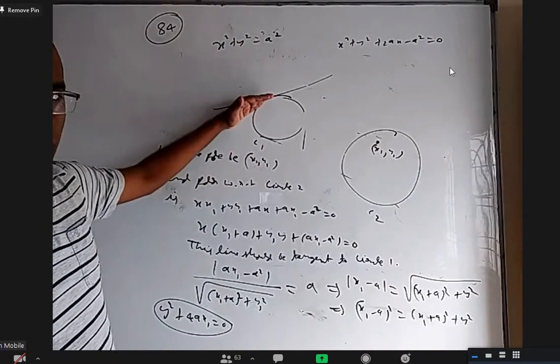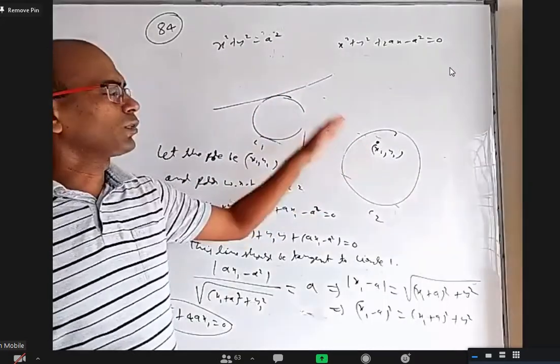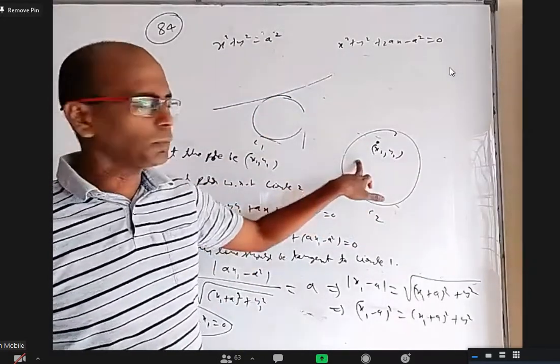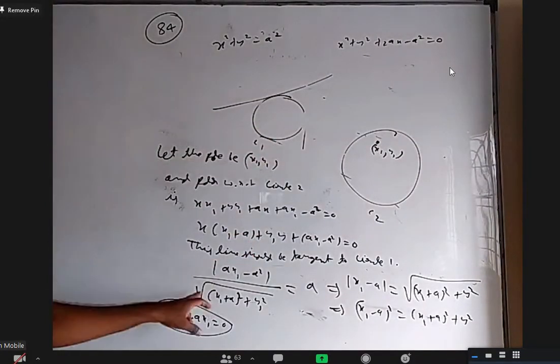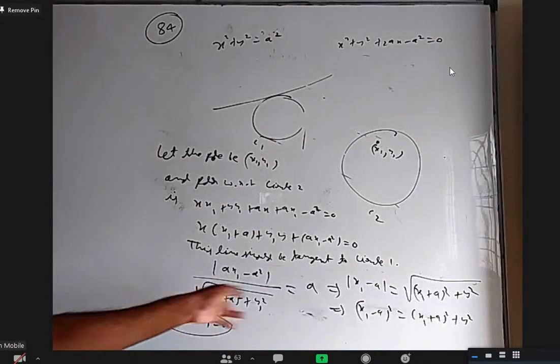The first circle has a tangent. With respect to the second circle, it has a pole. We want the locus of that. We took that point as the pole. With respect to the second circle, we want the polar. That should be tangent to this, a perpendicular from the center to the radius. We got a condition. That condition is the answer.